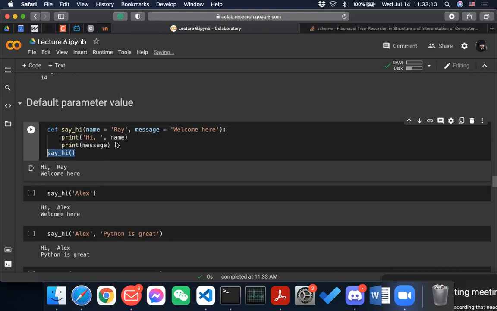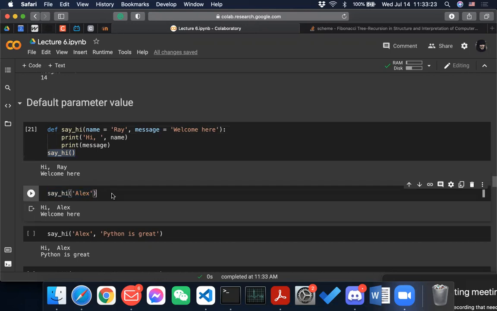Then those parameters will automatically be the default, right? So it is basically saying that hi Ray will come here, right? And then what if you pass in one parameter? What will happen is it is treated as a positional argument, and because you have a default value, the compiler is fine with it. If you call say_hi with Alex, then you'll just see hi Alex,